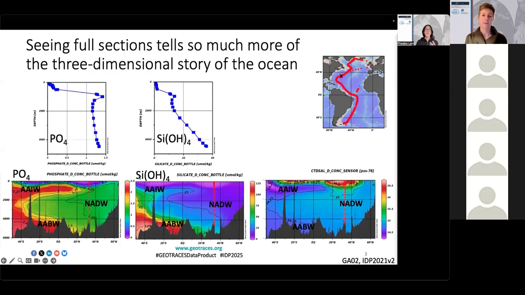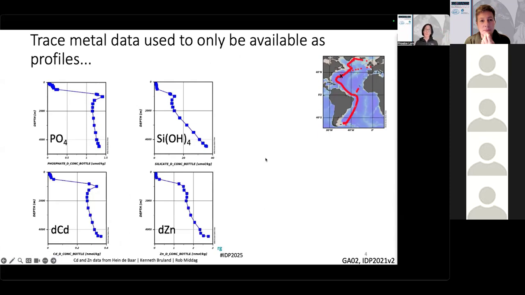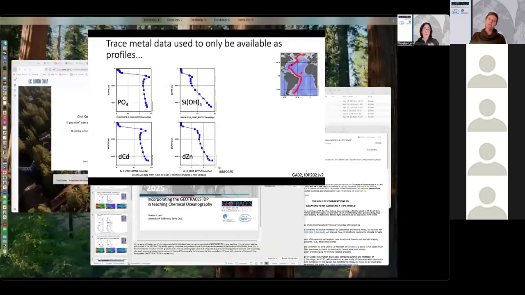This rich understanding of the three-dimensional nature of the ocean, I think, really can't be conveyed by only looking at vertical profiles. But unfortunately, until recently, vertical profiles was all we had for trace metals. Certainly when I was a graduate student, there were a handful of vertical profiles of trace metals that existed. And we learned about them, and we learned still quite a lot about them. So I plotted here